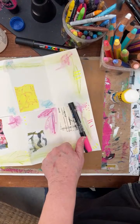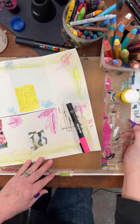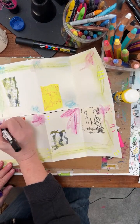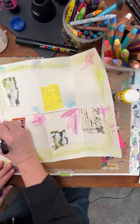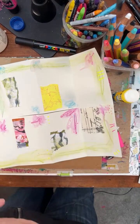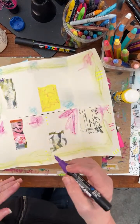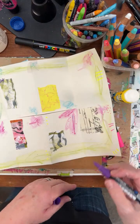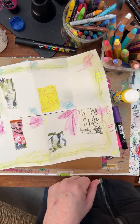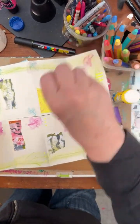And let's see. I have this purple one that I actually kind of like a lot. So let's see if I can maybe add something like that. Let's see if I can find some other colors that I would like to add. I really feel like I want some really fabulous